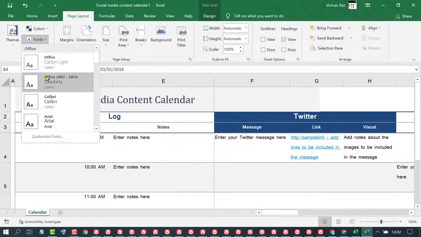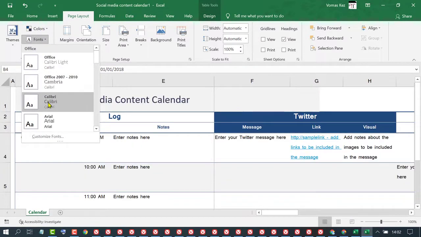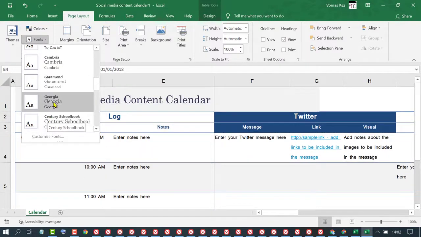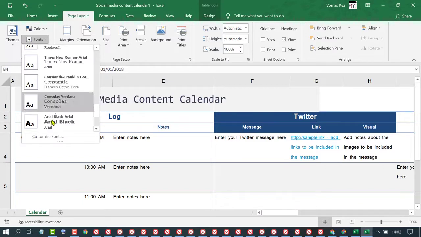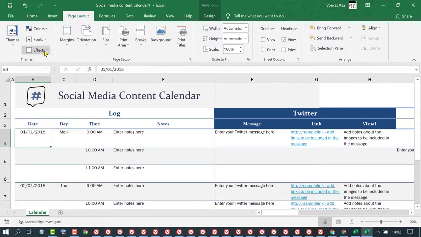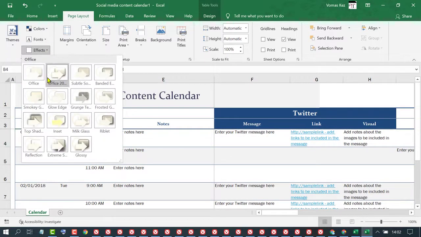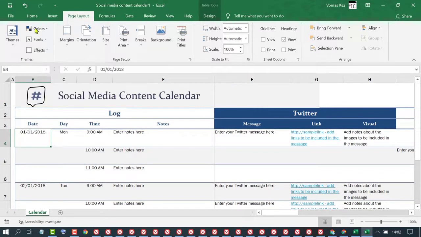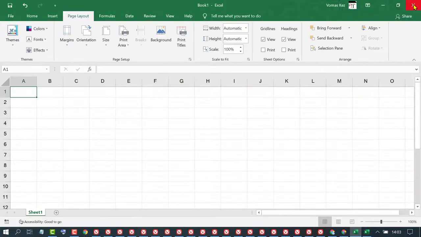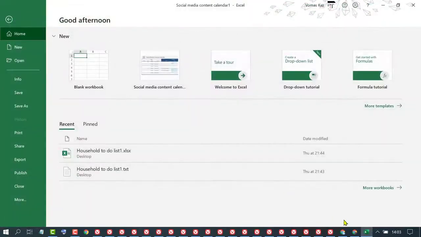Font effect, and effects. Actually there is no object in this template, so we will select another template which has an object. So close it and open